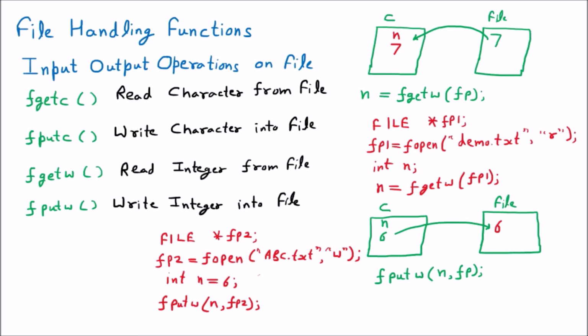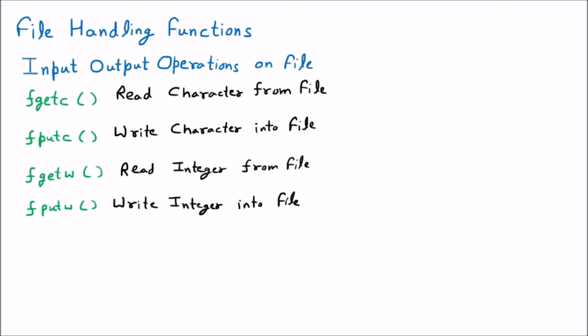Now we are learning the next functions, which are fprintf and fscanf. So the first function which we are learning is fscanf. Well, you can see that fscanf function is exactly same as the scanf function. Normally in the C programming we use the scanf functions for scanning the input. Here we are using the fscanf function for scanning, means taking the input from the file.